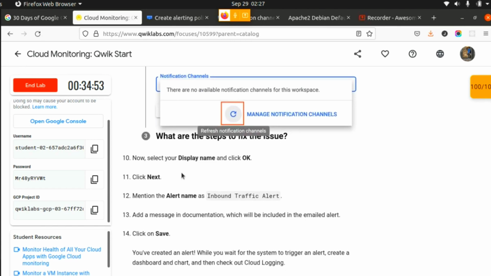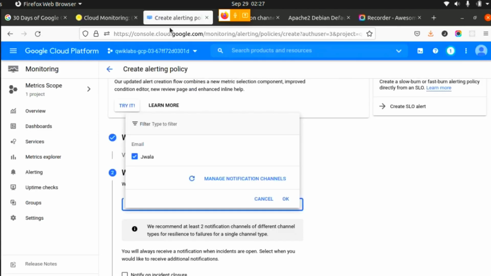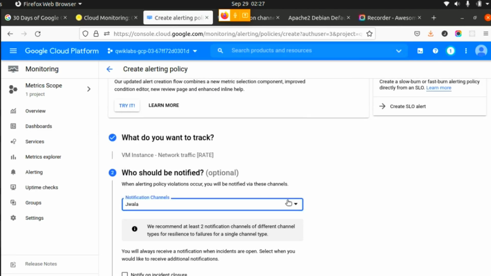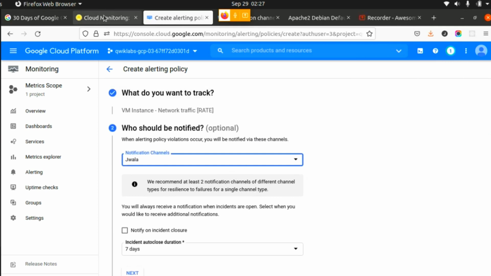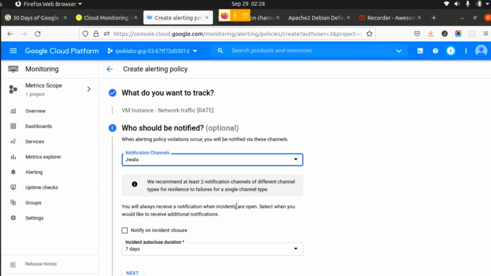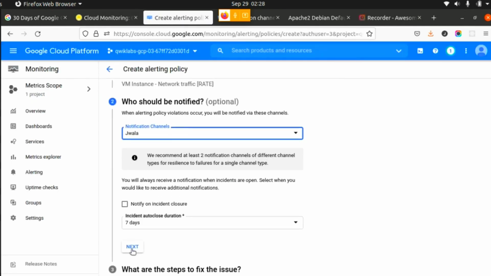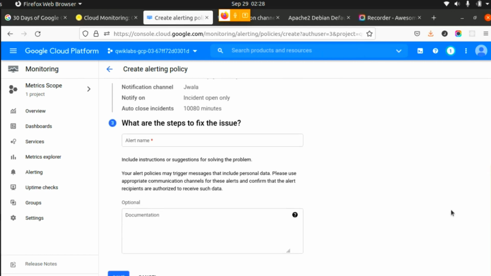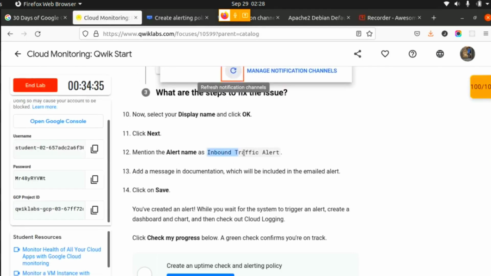Select your display name and click OK. I selected it and will click OK. Click Next. Mention the alert name as inbound traffic alert.